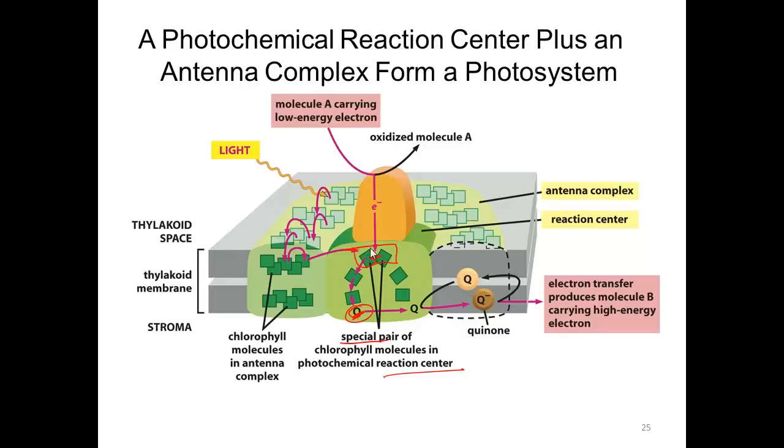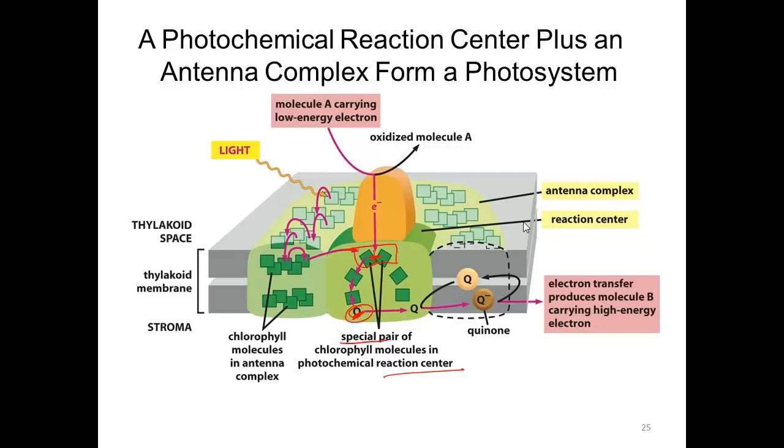This electron hole, this positive charge, is replaced by electrons ultimately from water. So that would make a neutral molecule. Another photon would come in, another electron transfer reaction would occur. Then you're going to have two electrons in a quinone molecule. The quinone can diffuse out into the membrane and transfer the electrons to a proton pumping protein complex that is